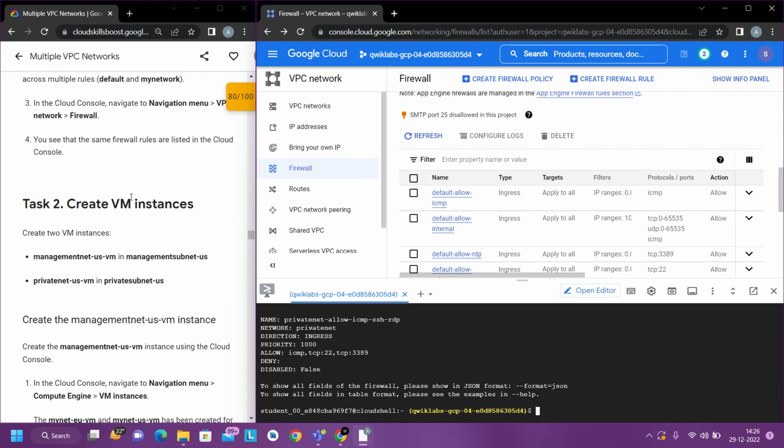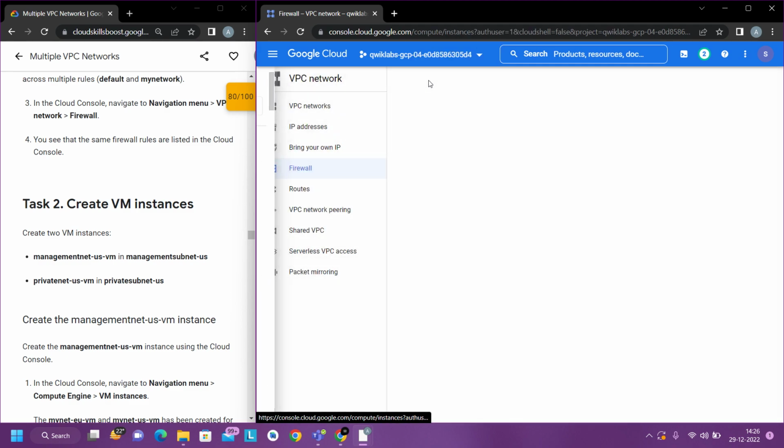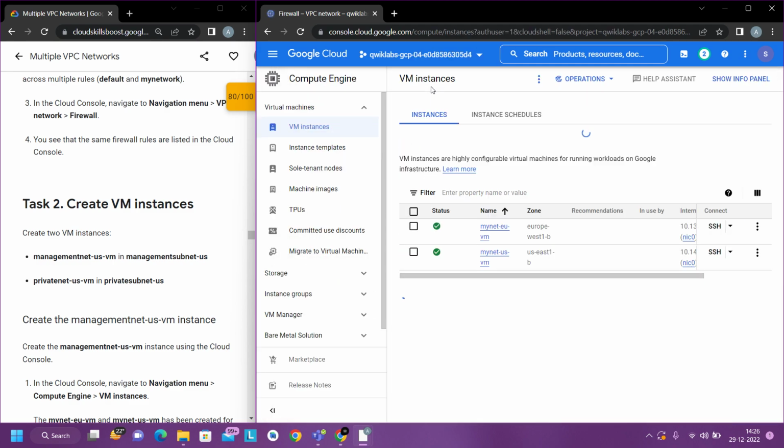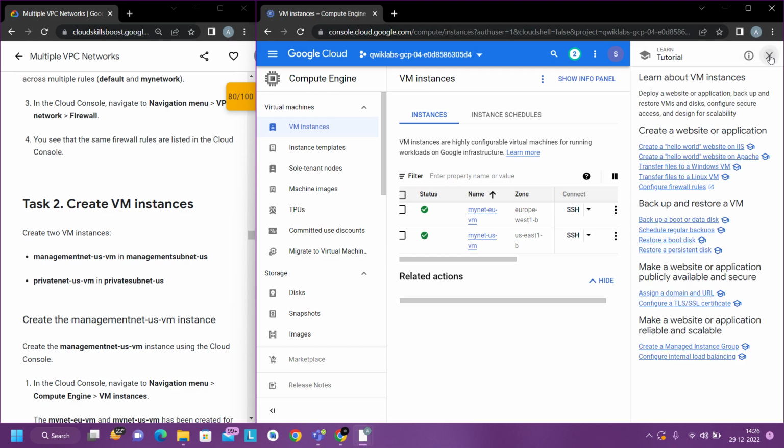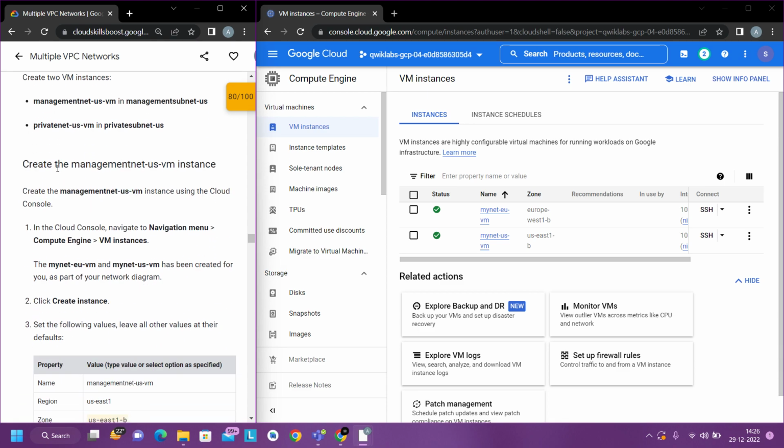Now what it says is create a VM instance. So we have done with the firewall rule. Now we'll go to Compute Engine, VM instances. Then in VM instances, what does it say? Create two VM instances, this in this. Okay, so let us create, first of all, we'll create,